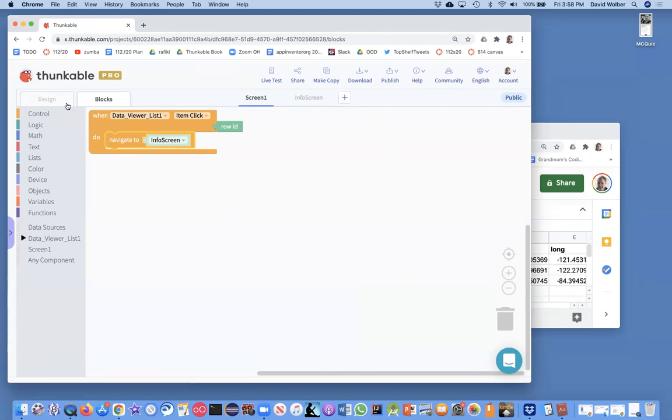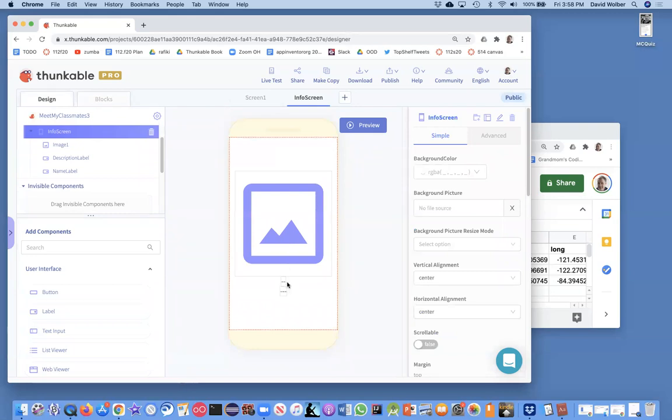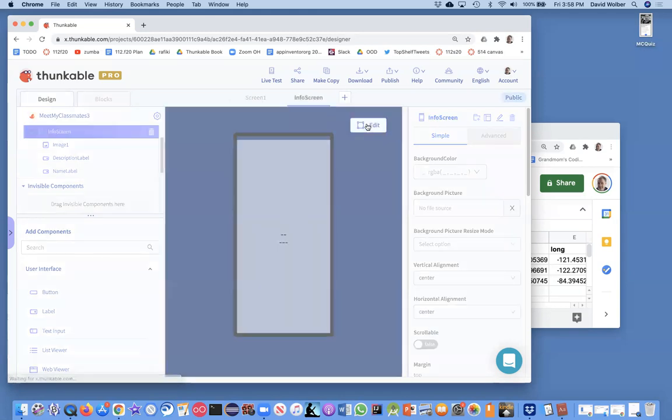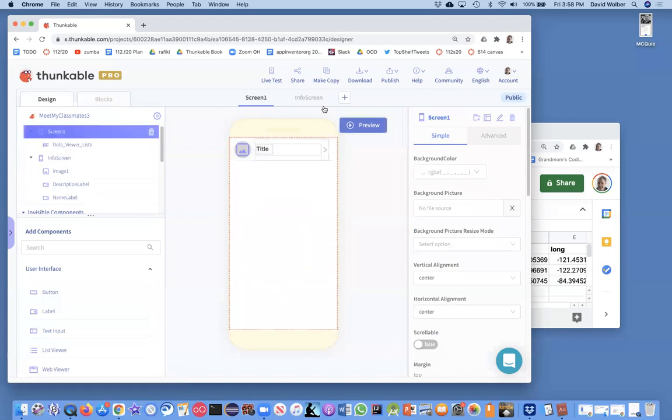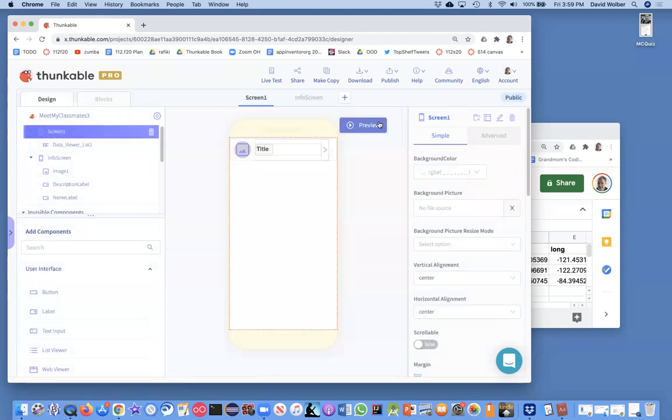Okay, so it's not much, right? But at least I have kind of a design of my info screen. And then now I hope from screen one, I'll be able to get there. So let's test it out. If I click on preview, sorry, once again, I got to start on screen one, click on preview. There's the main screen. And if I click on the second item, it brings up, there's no image yet, none of this is set, but at least it's bringing up that screen. Okay,